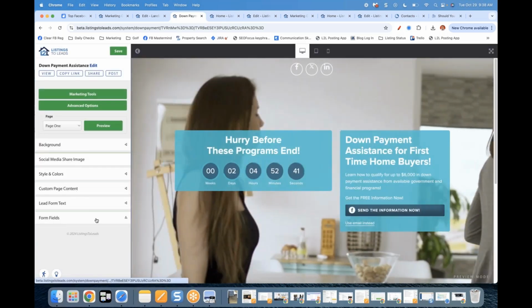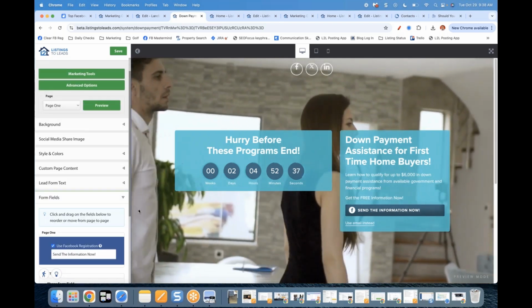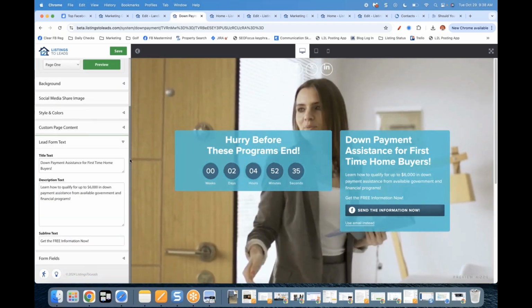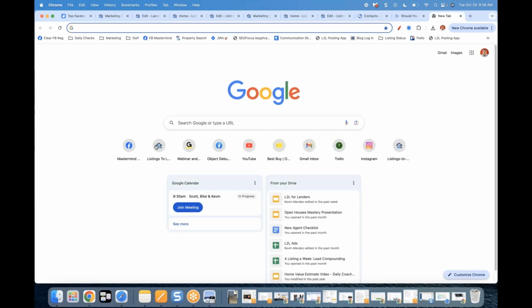I've got the form field. So if I want to collect different information, the text on the page right here. So Betty says, oh my God. Wow. Yeah, Betty. So Betty says she shares new construction home tours on her social media. And this is something, if you were to follow our new construction, and